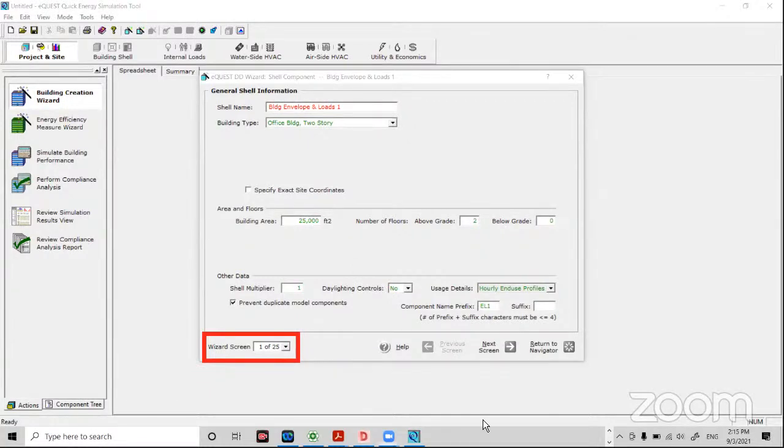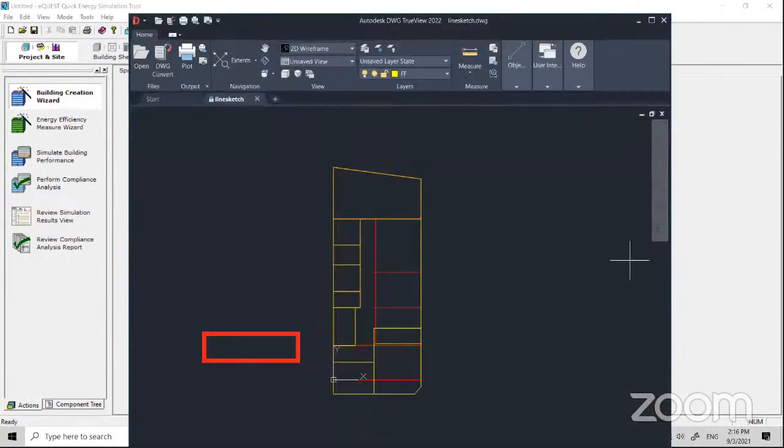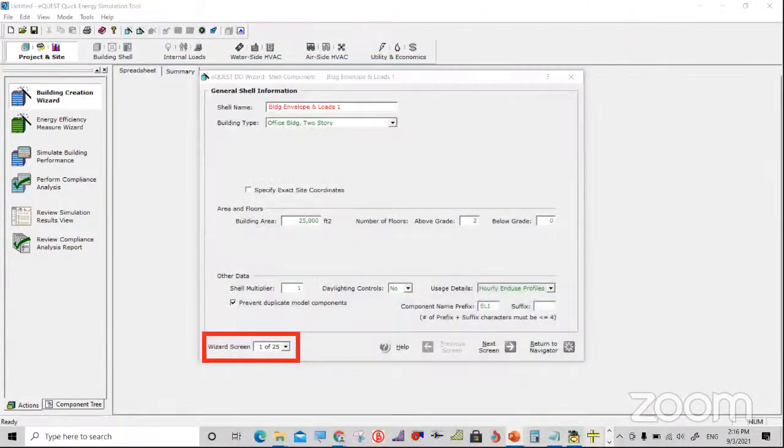So let me just remind you what we are going to do now. In today's session, we are going to take one AutoCAD file, and we are going to import this file, and we are going to trace